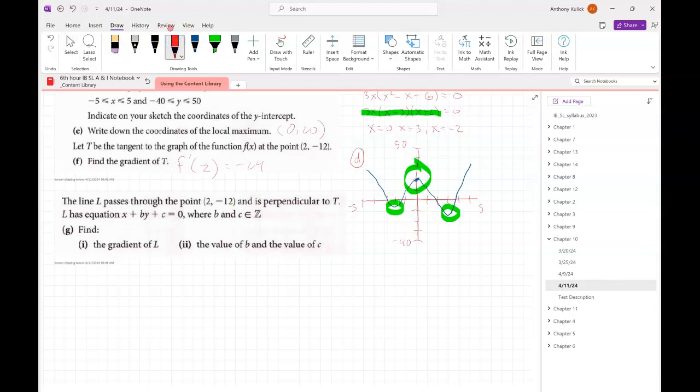Find the gradient of L. What's that got to be? One over 24, right? So the negative of a negative, that's positive. Okay? And then to find the values of b and c,